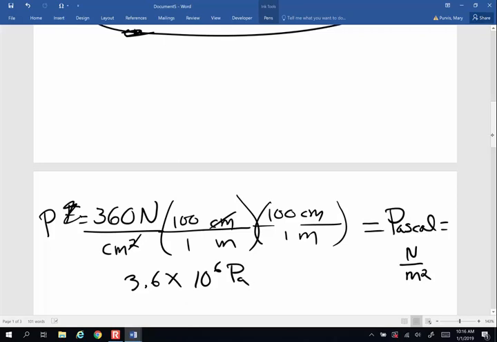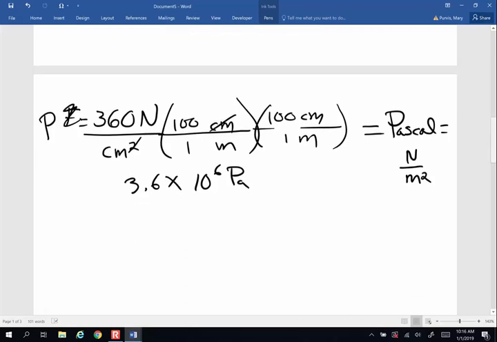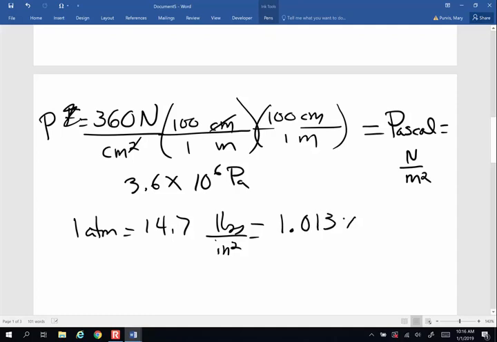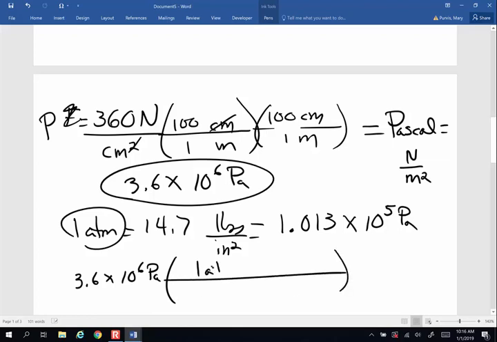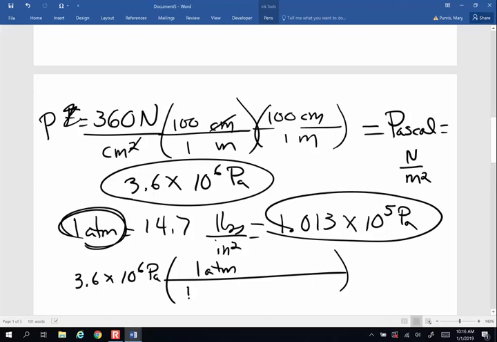Well, that's charming, but it says atmospheres. Atmosphere is a unit of pressure where 1 atmosphere is equal to 14.7 pounds per square inch, which is kind of typical sea level atmospheric pressure, and it also happens to be equal to 1.013 times 10 to the 5th pascals. So I'm going to have to convert pascals into atmospheres. 3.6 times 10 to the 6th pascals. I want to get atmospheres. 1 atmosphere is equivalent to that many pascals, 1.013 times 10 to the 5th pascals, and when I do the math, I end up with